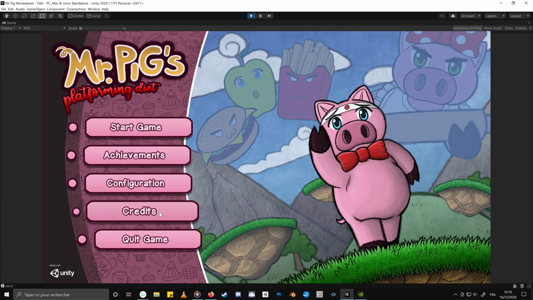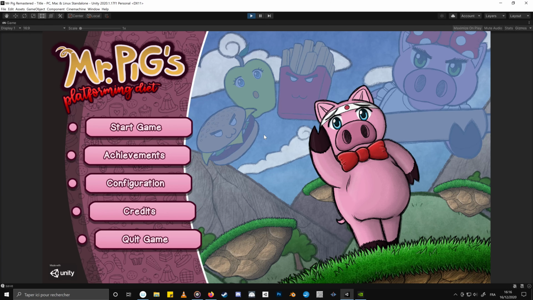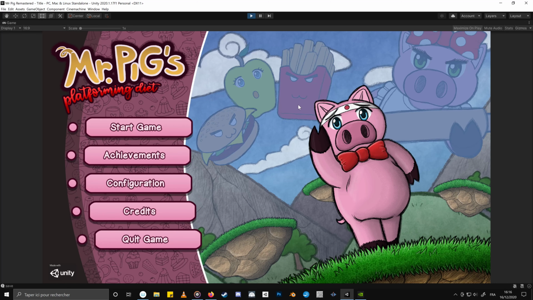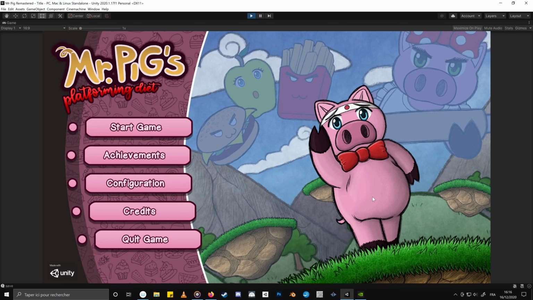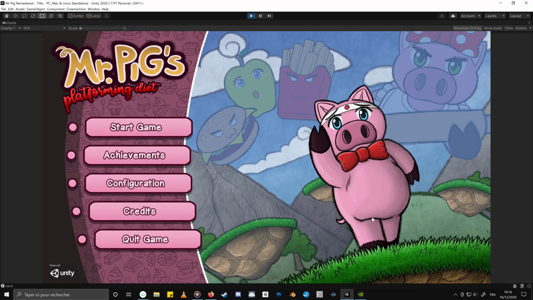And you also have a screen with the credits, but it's not very elaborate, so it's not very interesting. I'm not going to show it. So the title screen right now is a little static. I'm going to make things move in the picture later, but for now they're static. It's one of the things on my to-do list.